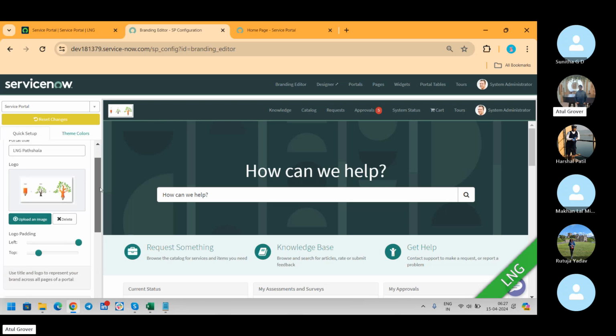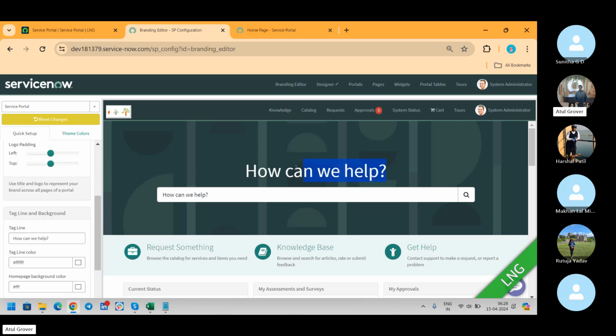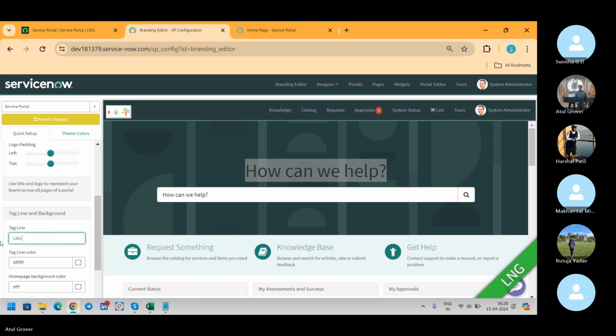Then you will do some left right paddings. This thing. टॉप से नीचे लेके जाना. Little bit we can do, not much. Okay, so up to you what you want to do. ठीक, so then yeah, how can we help you? I am telling you one way to do this part. LNG Pathshala